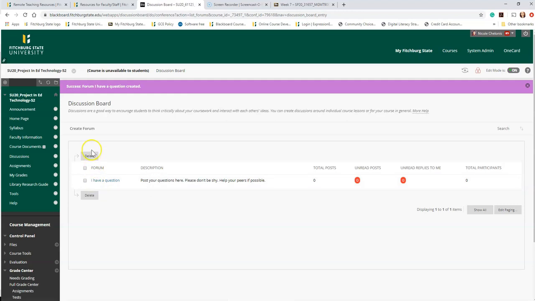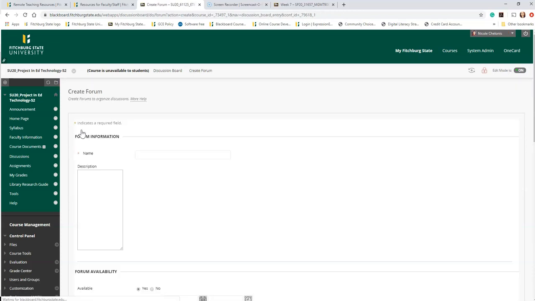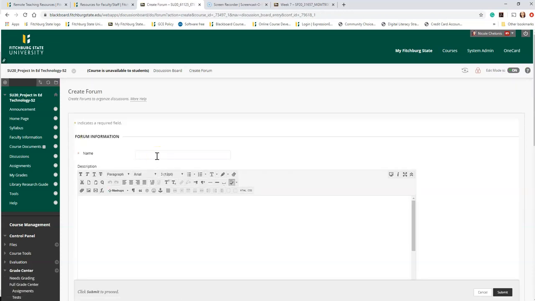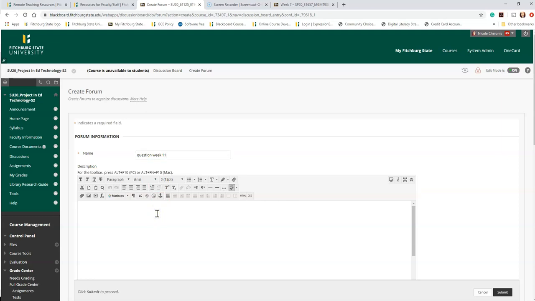So you have options when you're a faculty member and you're creating a discussion forum. One thing that you might be able to do, depending on what kind of a topic, what kind of a question you're asking, I'm just going to say question week 11. I would give it a better title than that in the real world. But for this example,